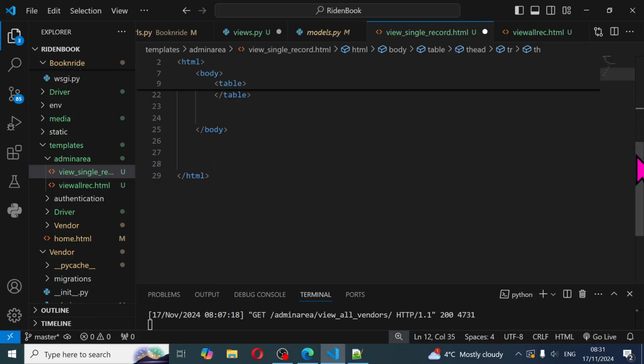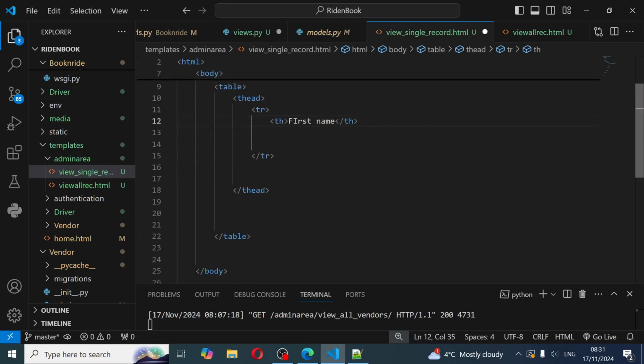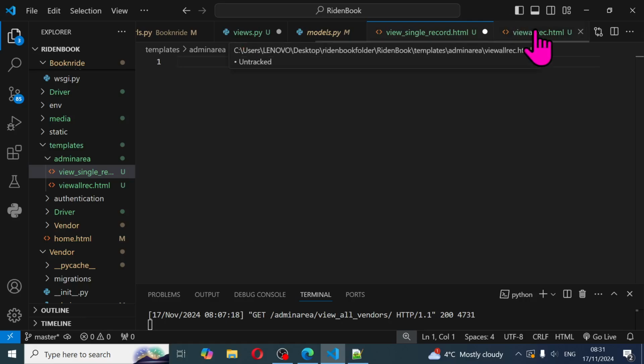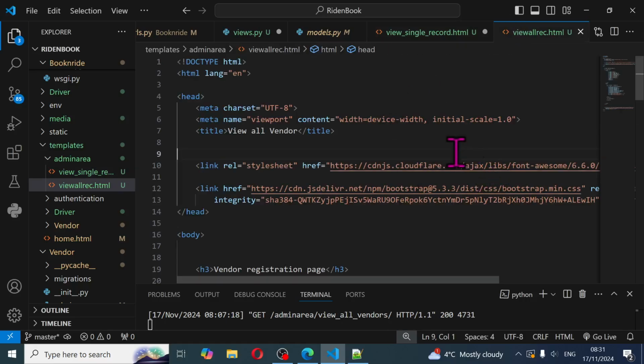But just to make our development very rapid, I'll simply copy this code that we've already done